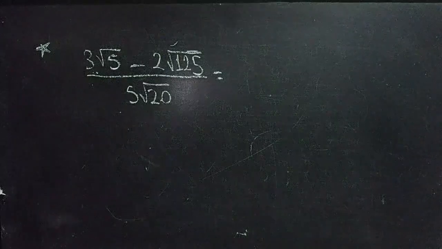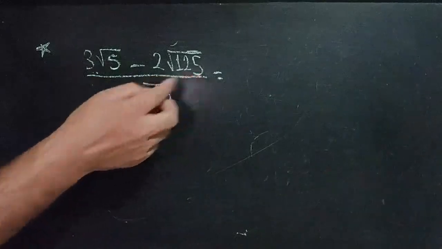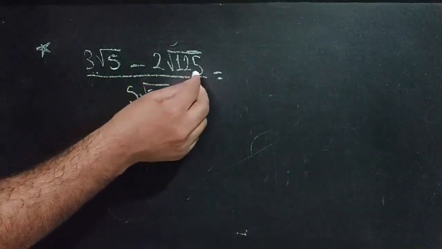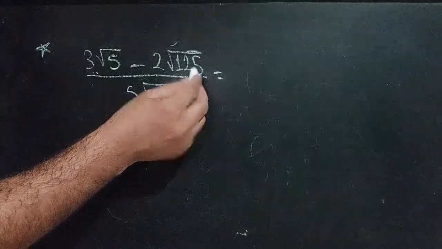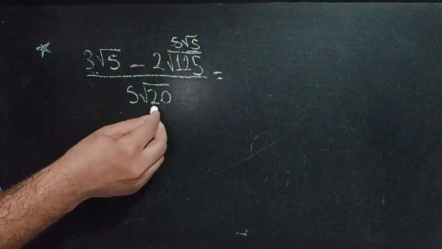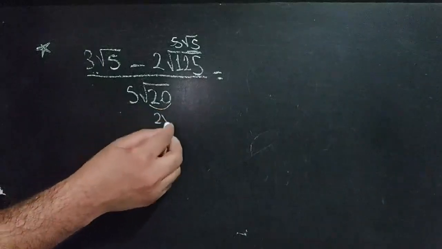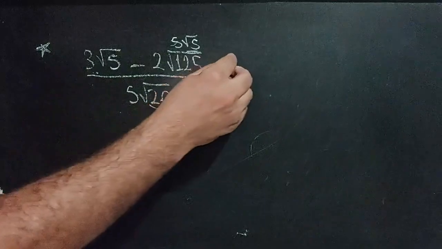Let's have a look at this question. 3 square root 5 minus 2 square root 125 over 5 square root 20. This 125 is 25 times 5, which is going to be 5 square root 5. This one 4 times 5, which is going to be 2 square root 5. So 3 square root 5